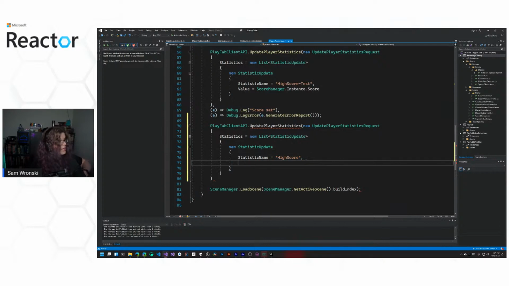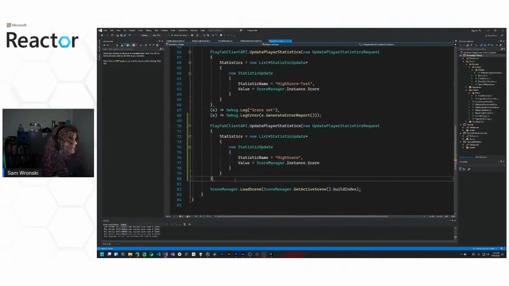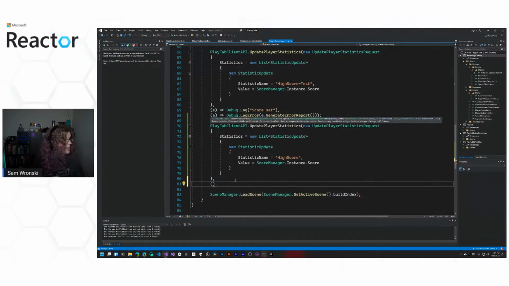So we're recording a key value pair, basically, where one is a string and one is an integer value, I believe. Score manager, in this case, the instance is how we get that singleton reference out, and we just send in the score. And then that should be enough to actually send the request. We just need to handle the success and error cases.